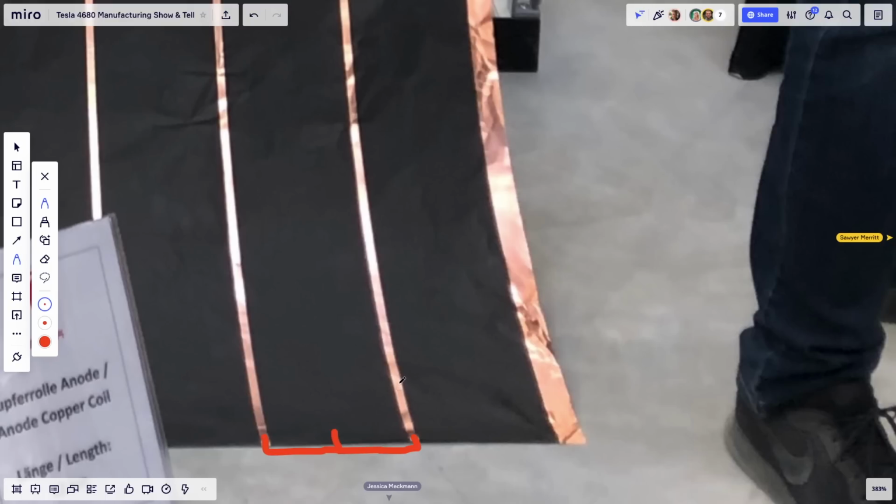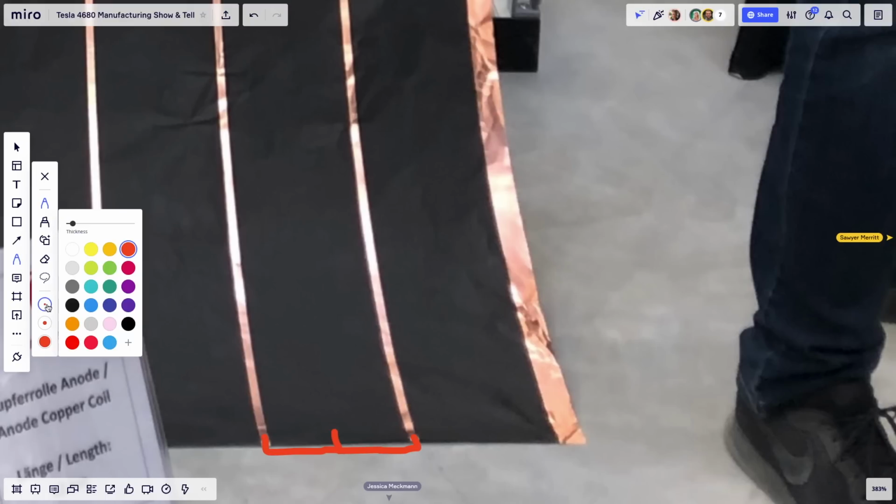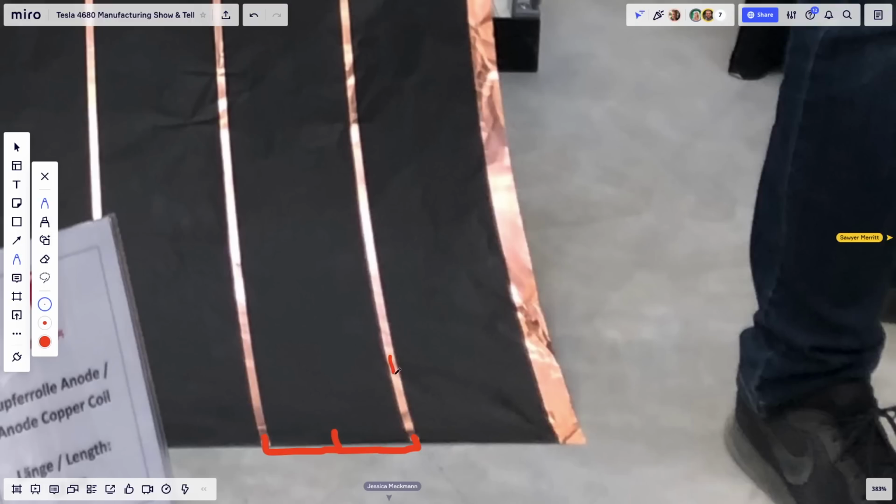I don't know if I can make it fine enough, but here it's split down the middle in the copper, and it's split down here to do the flags, like the tabless architecture. And then there's a knife that splits this roll in half, right here. So each dark strip counts for 2 electrode belts. Because there's 8 belts, all of this is for 16